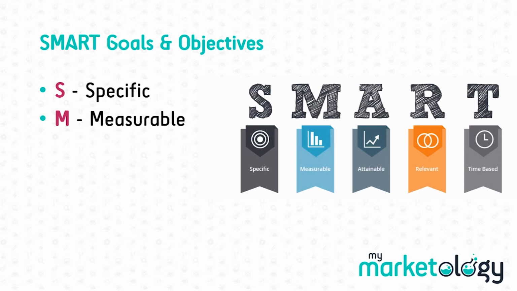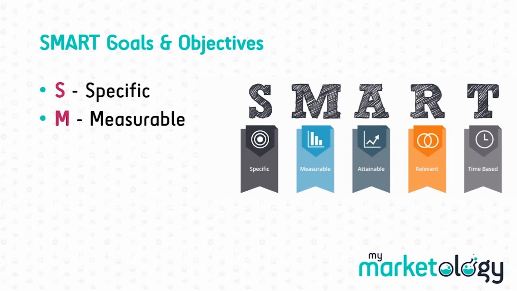We then move on to the M, measurable. So how will you know if you're making progress towards your actual goal? How much of your goal is complete? How will you know when you've succeeded? So you need to include some measurables in there. As I've already mentioned, that could be things like open rates, it could be click-through rates, it could be return on investment, it could be sales value, anything like that, but you need something measurable as part of these objectives